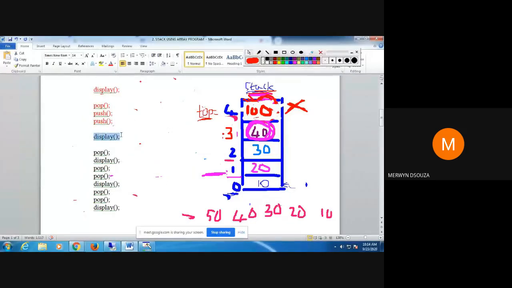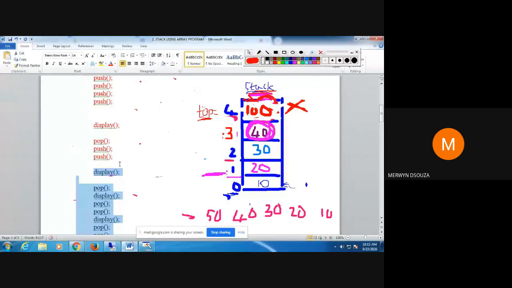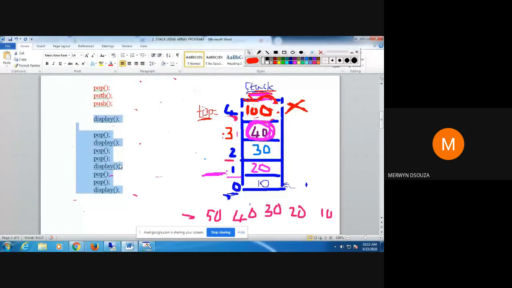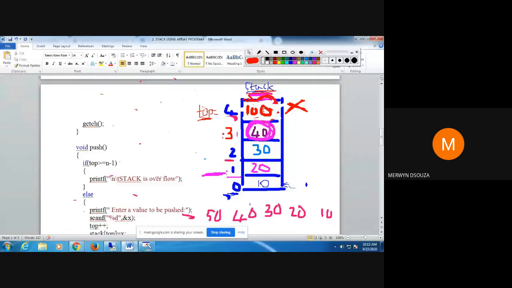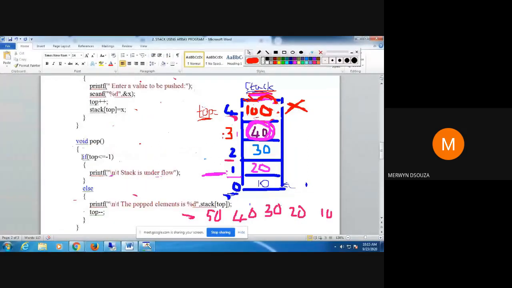Then we call the display function again, and same, these are just some more I put. You can just trace it later on in your books and see. So if I would pop here 5 continuous times, or if I would pop 6 continuous times, then this line here would have got triggered.